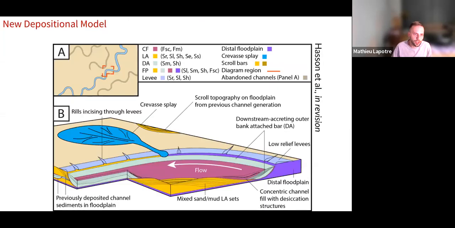This block diagram here is our new facies model for unvegetated meandering rivers, and it summarizes all of our field observations to date. Again, some of which I didn't discuss, unfortunately, like the crevasse clays and the rilling. And as a new facies model, obviously, it still certainly needs to be tested against examples from the pre-vegetation rock record, but this is a pretty good summary and synthesis of all of the observations we've made in modern analog systems in the Western United States so far.